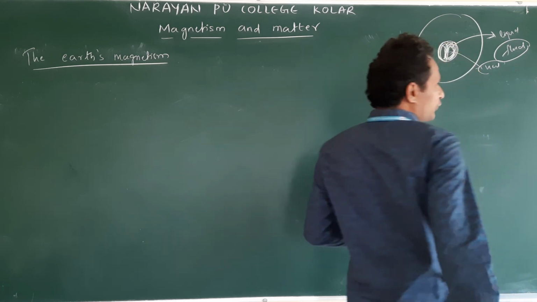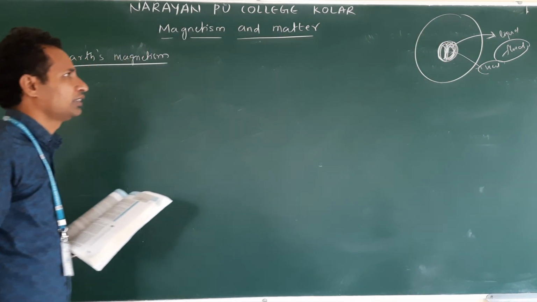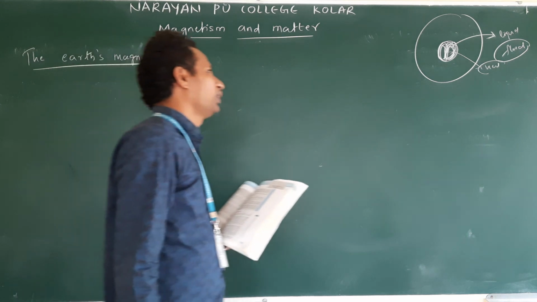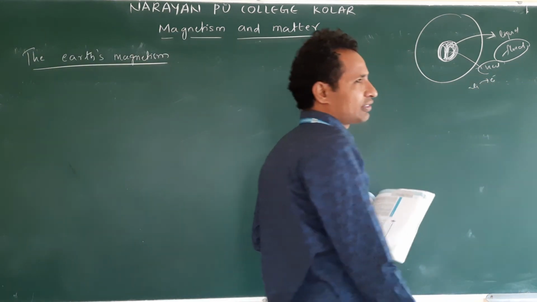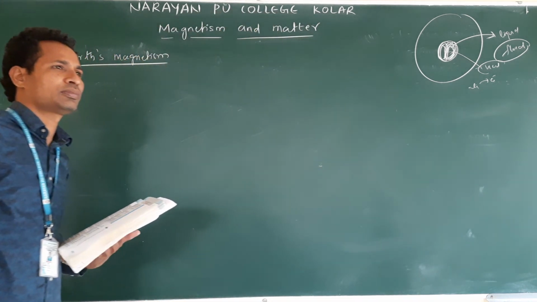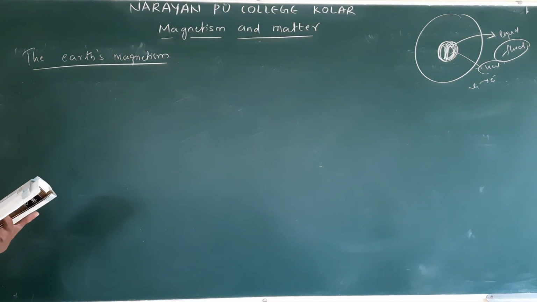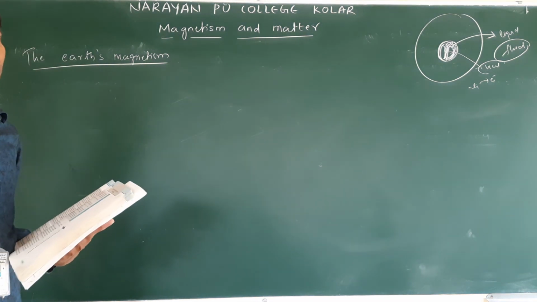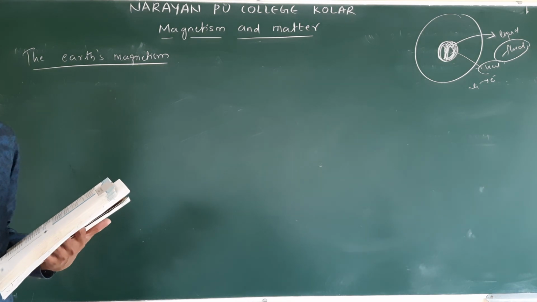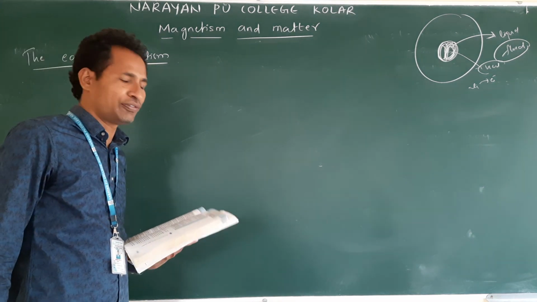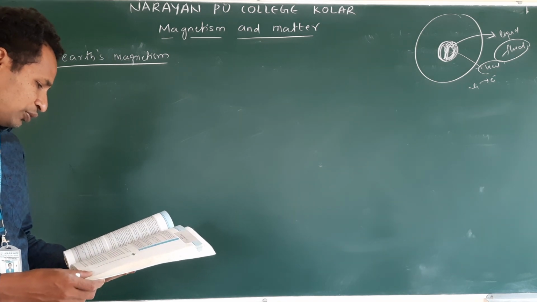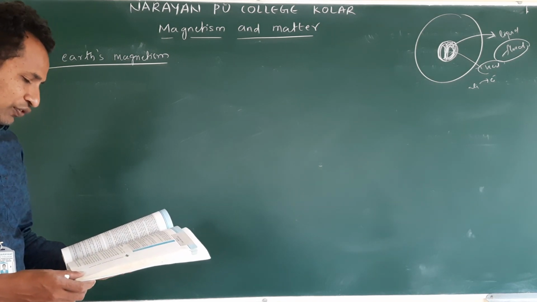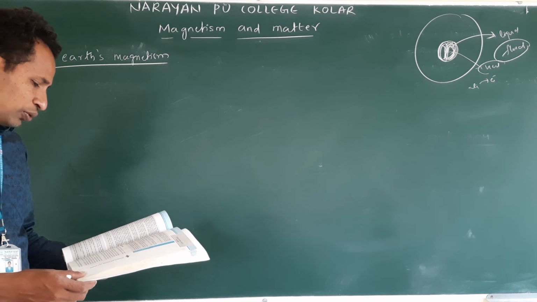Due to the motion of this liquid current, what is the liquid? It is nothing but atoms. It contains electrons, and of course protons also. Clear? The charge is moving there. According to our fourth lesson, moving charges and magnetism, moving charges develop a magnetic field. So what is the electric current produced by conventional motion of the metallic fluid in the outer core of the Earth?